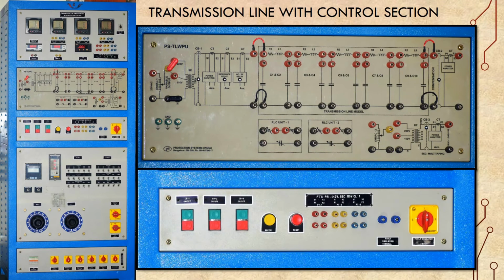This is the control or switch section, where the switches are there to turn on circuit breaker 1. If you press the green button, circuit breaker 1 will turn on. If you press the red button, circuit breaker 1 will turn off. Similarly, if you press the green button for CB2, then CB2 will turn on, and the red button turns CB2 off. In this way CB1 and CB2 will be useful in this experiment, and all these other switches are not useful in this experiment.